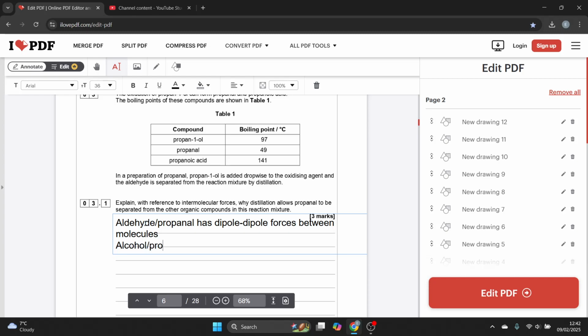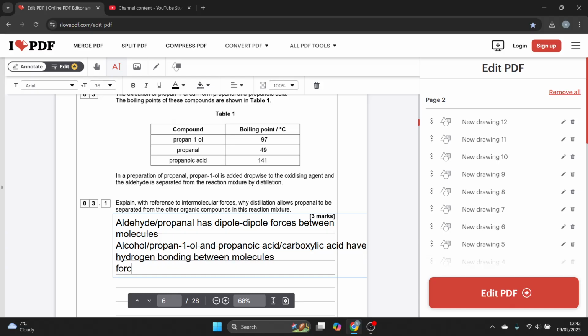Alcohol, in this case propan-1-ol, and propanoic acid / carboxylic acid have hydrogen bonding between molecules. Forces between molecules in aldehyde are weaker than those in alcohol and carboxylic acid, hence aldehyde